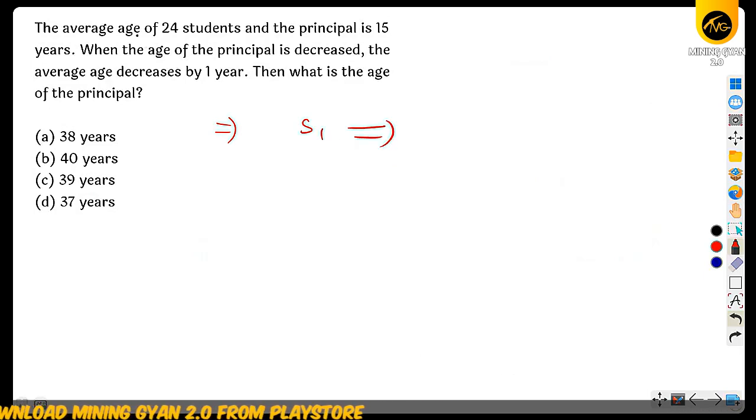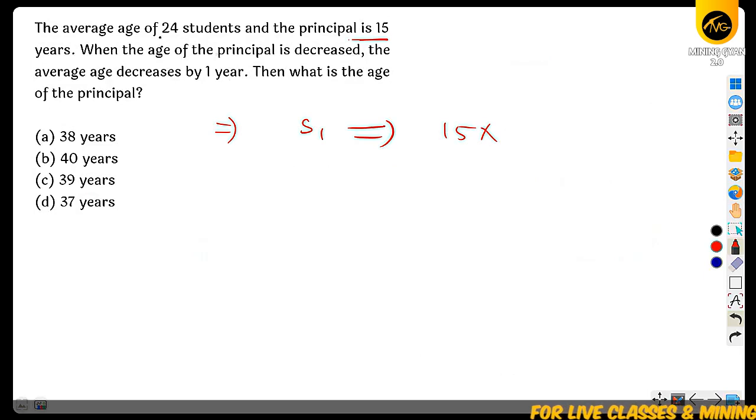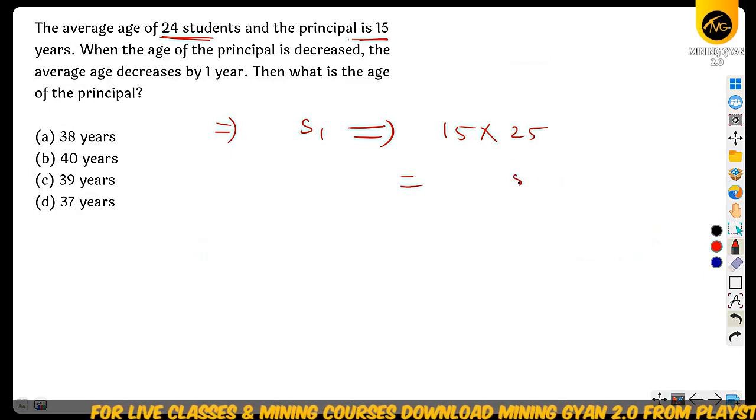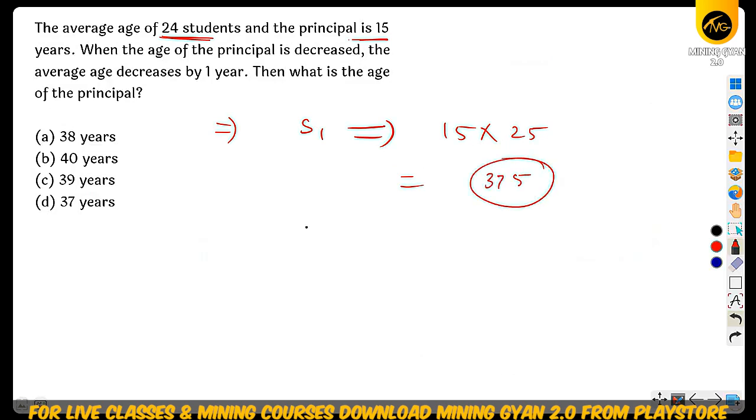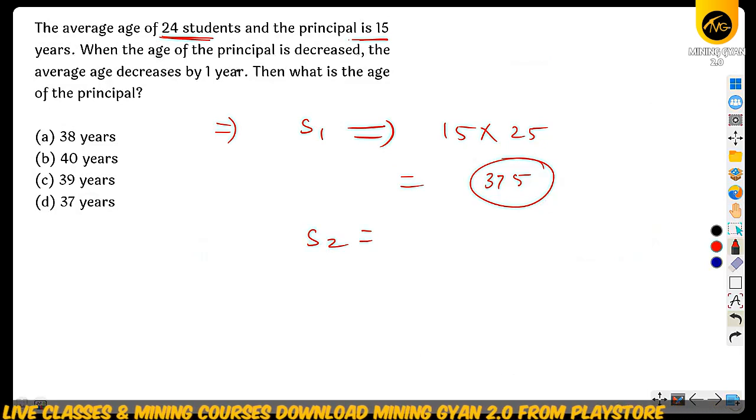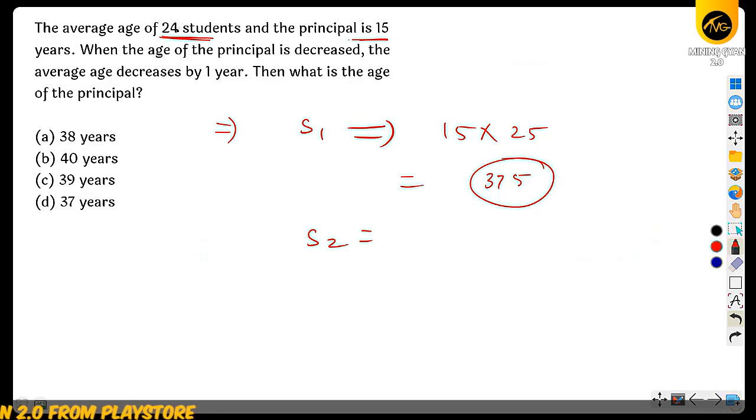S1 is, okay, look at this. 15 years is the average including the principal. Na? So 15 into 25, just include the principal, that means 25. So 15 into 25, it will be 375. And S2 will be, when the age of the principal is removed, the average age decreased by 1 year. So the average age decreased by 1 year, that means already we have the average age,